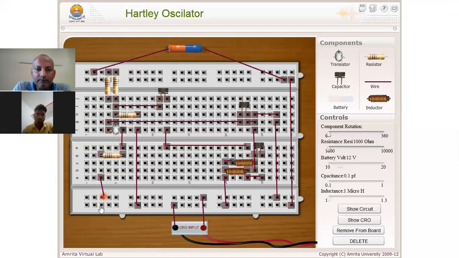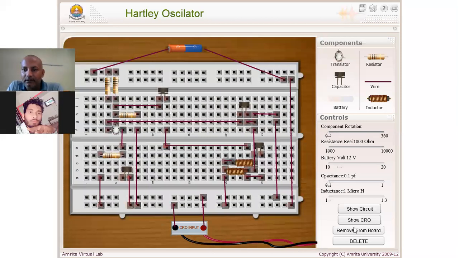Make it ground. Now I also have to use a bypass capacitor here. So the connections are complete.